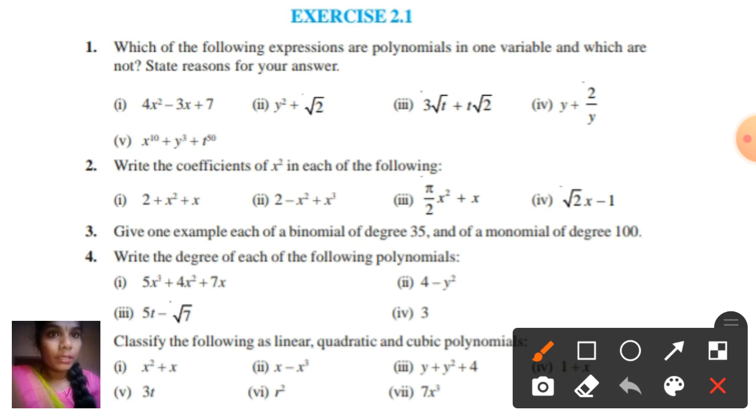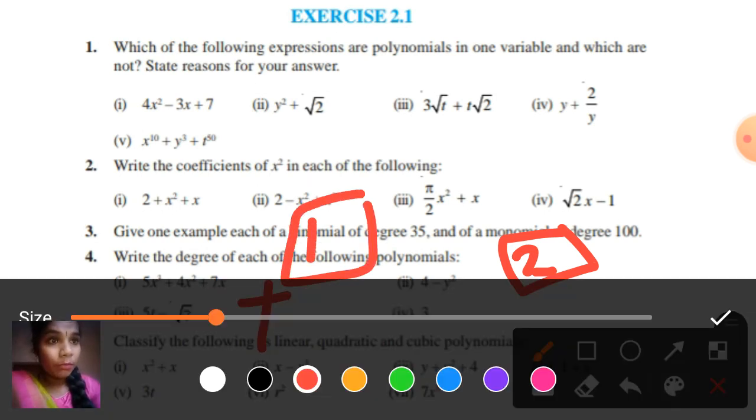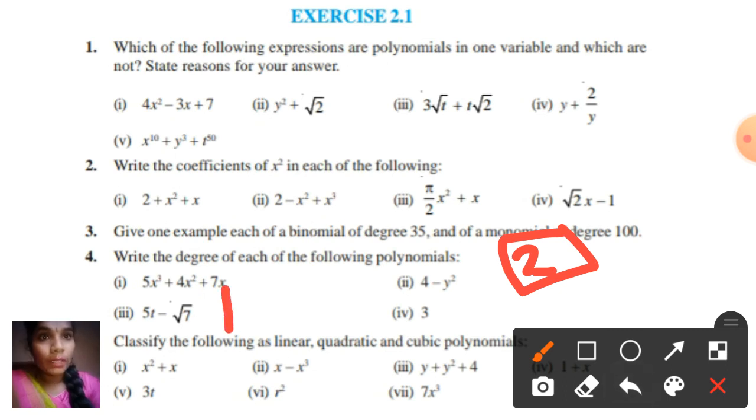Now here we are just discussing the degree of polynomials. So I'm simply explaining what the degree of a polynomial is and how to recognize the degree of the polynomial for the expressions. And here if you observe, y square has 2 as a power, so this itself is the highest power of that expression. Clear? Now coming to our third problem, 5t minus root 7. If you see, guys, t is the variable, and t has nothing on its power, so you should consider it as 1. So the degree of this expression is 1.